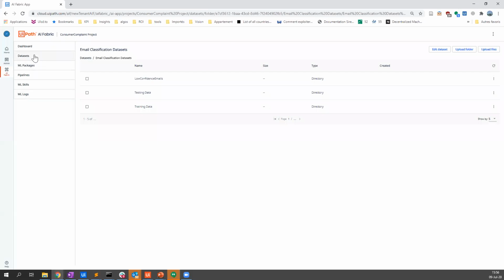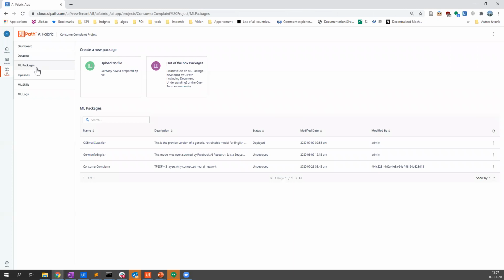Why do you need dataset? Of course, it's in order to retrain the model. So let's look at all the other entities that we have here. We have ML packages. I talked briefly about this a bit earlier, but ML packages is just a trained model and the code to call this model and retrain this model. So really what you need to do when you want to add the new packages, the classic way to do it is just to upload your model.